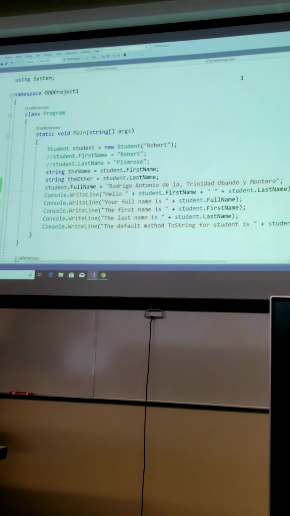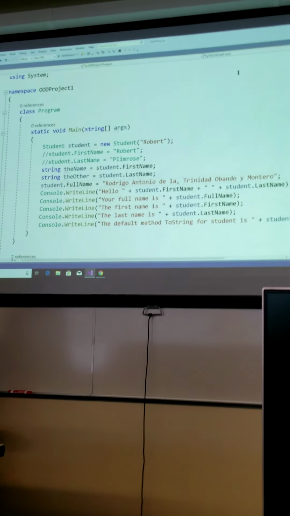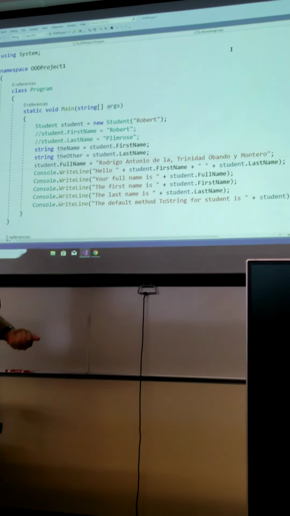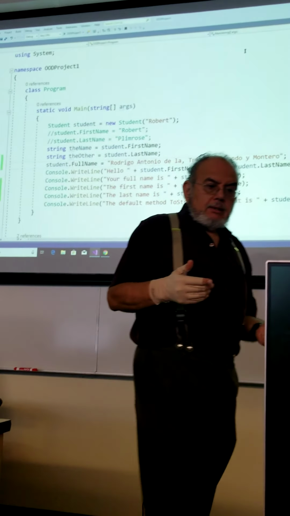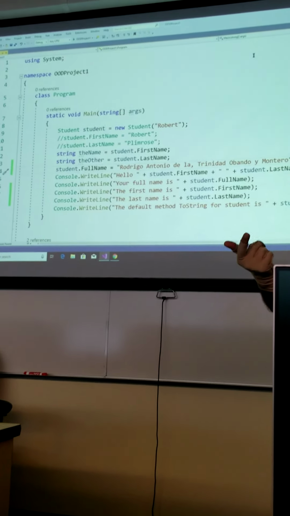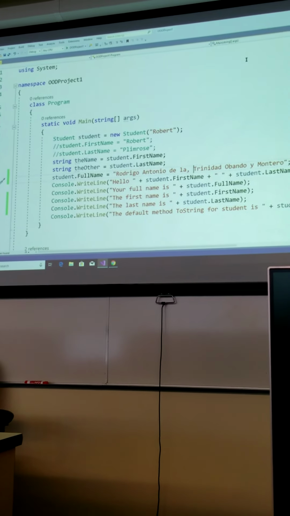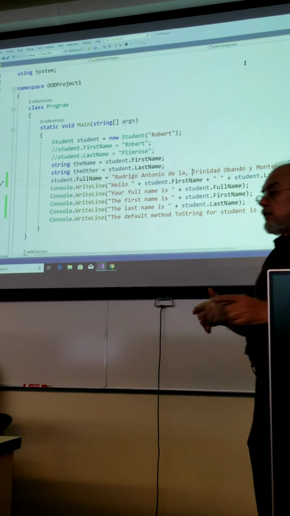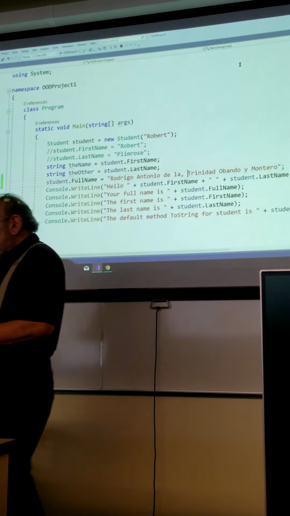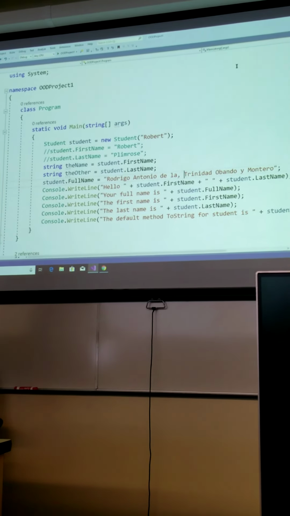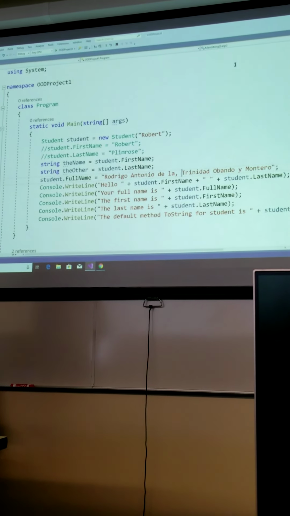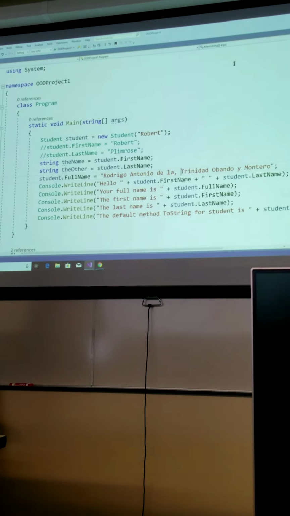So we create the interface, and we make a class implement that interface. This way, we can create many things that comply with the interface, even though they are